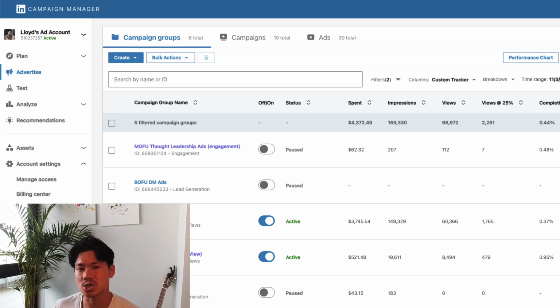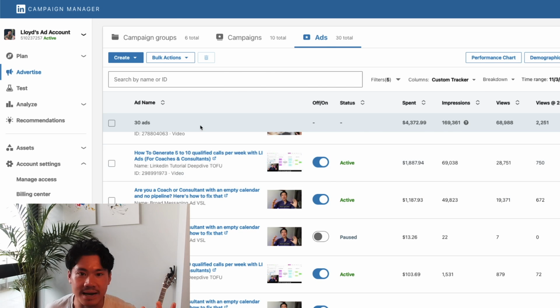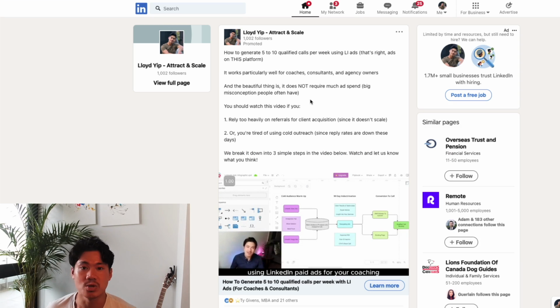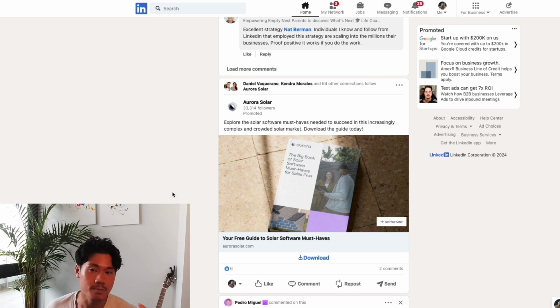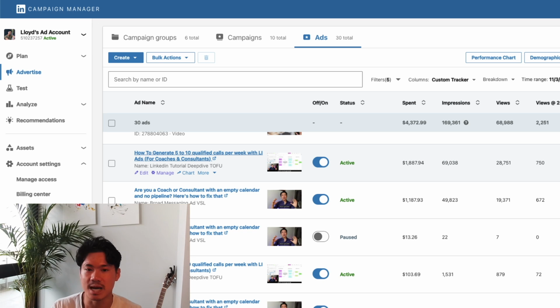All right, so let's start at the bottom layer, the ad layer. The ad layer is what you're normally thinking of when you see an ad. Let me click open one of my ads right now so that you can see this is the actual creative. This involves the video or the picture or the words that people are actually seeing on their LinkedIn. This would be an ad as well because you can see the promoted sign. And this would be an ad too, because once again, you can see the promoted sign. It can be a video, a text post, whatever you want it to be. And obviously there should be a call to action as well so that your prospects can take some sort of meaningful next step.